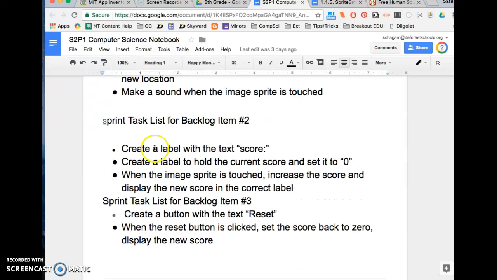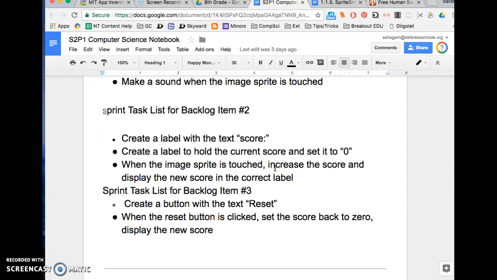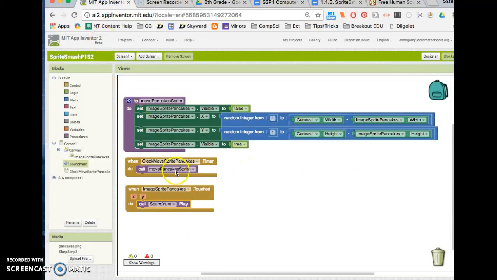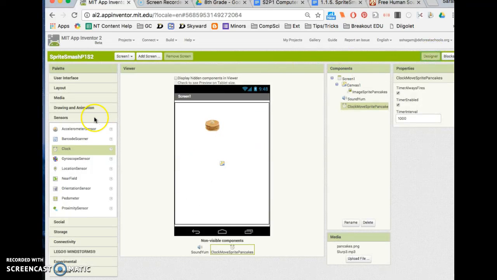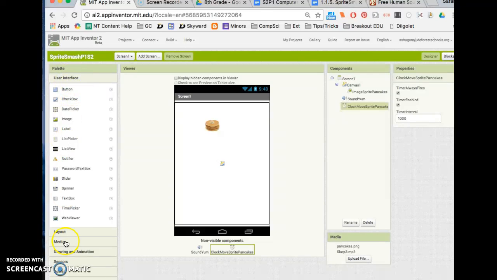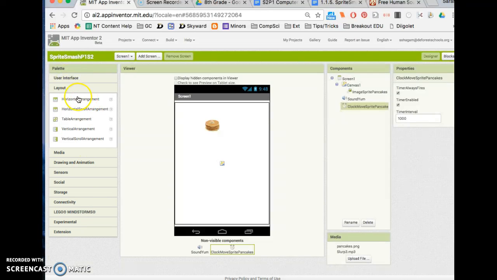Okay. The second one is to create a label with the text score, and we need to have a label to hold that score number. And whenever the sprite is touched, we're going to increase that score, which means we're going to need a variable. So we're going to go back here to Designer, and we're going to add a layout